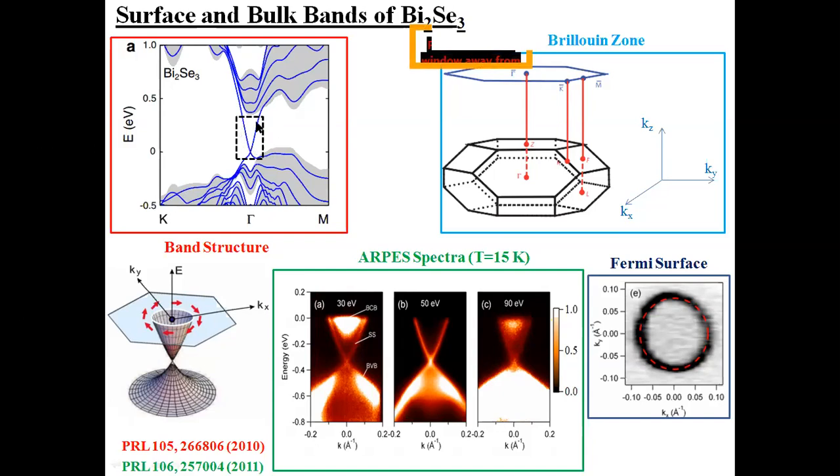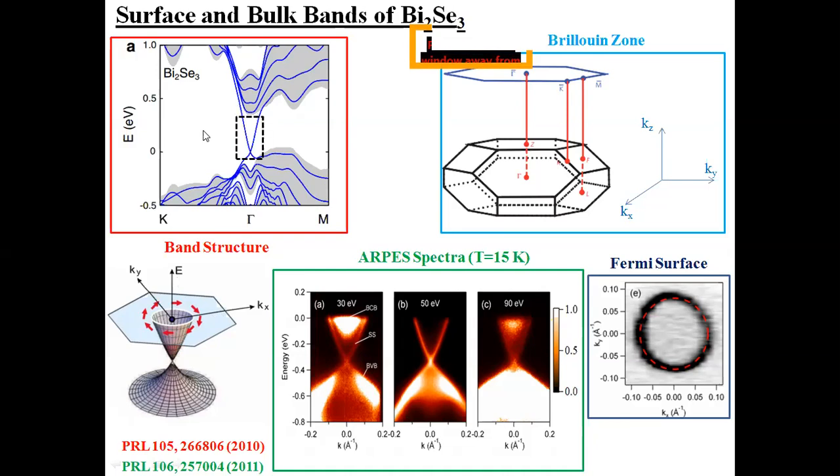But this blue band inside this dashed box is a two-dimensional band. The band energy depends only on two momentum components, kx and ky. This is a two-dimensional state of Bi2Te3, which is found on its surface. If you draw a schematic of this particular band, which is called a Dirac cone because of its cone shape, it looks like this: the two momentum axes, kx and ky, and the energy axis.